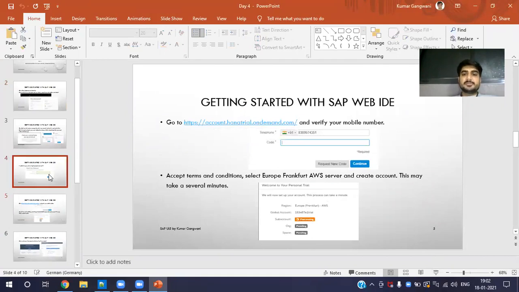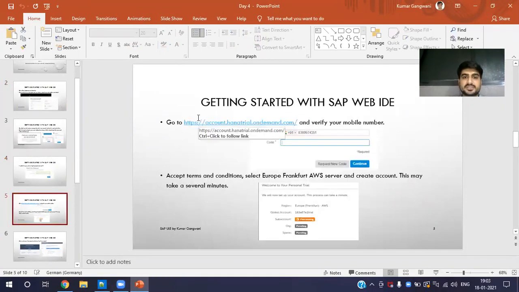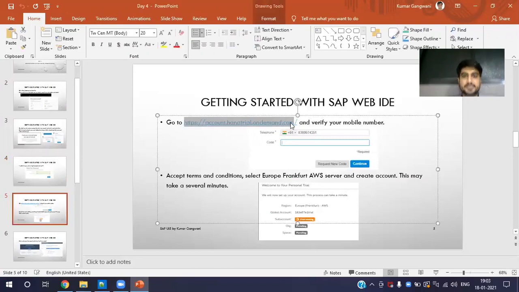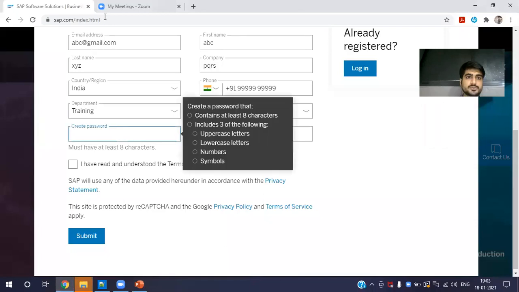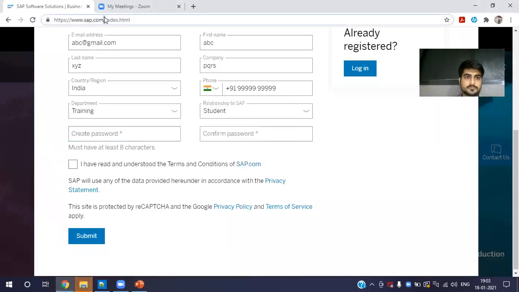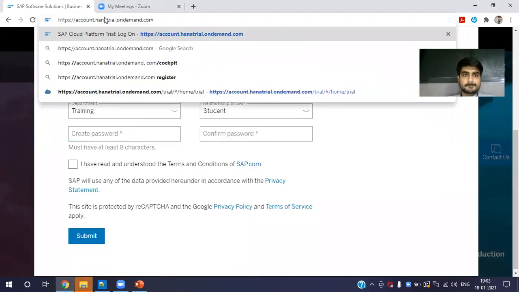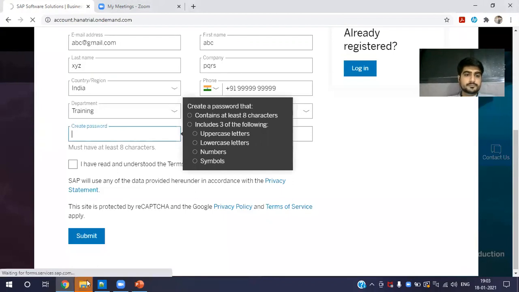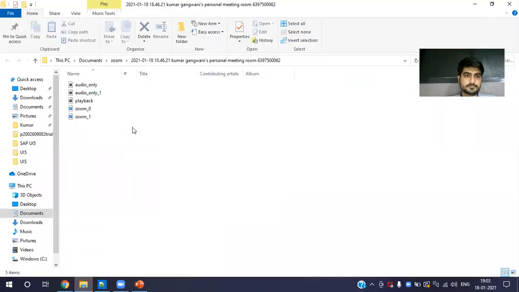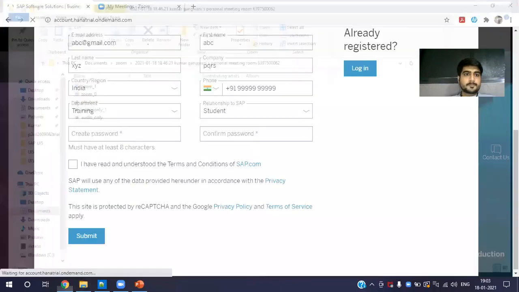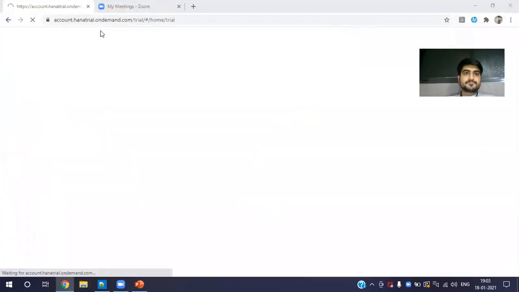once you're done with the mobile number, you need to go to this HTTPS account. Everything is there, you need not worry. Copy it and go there.